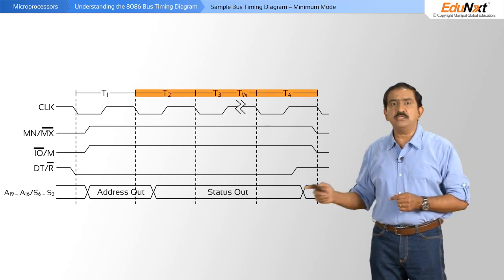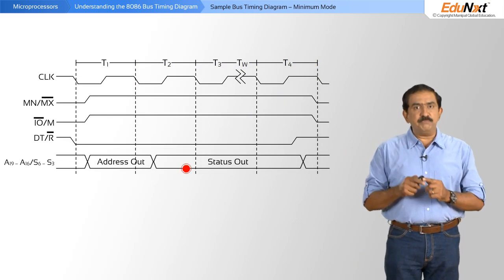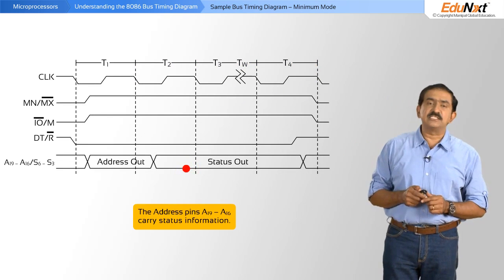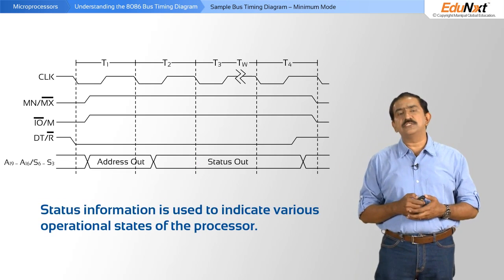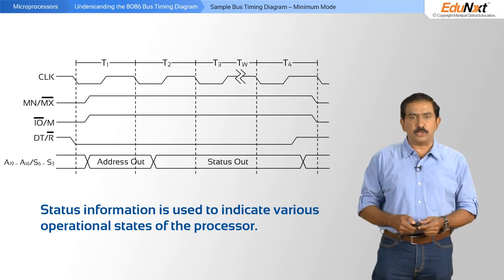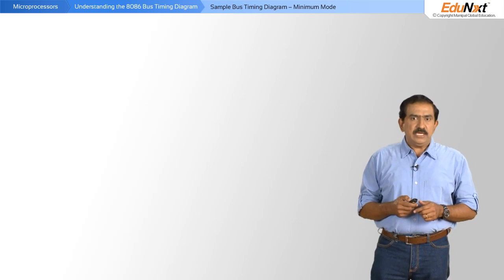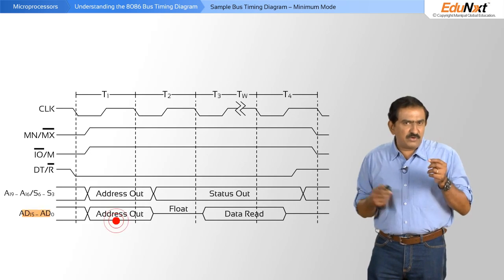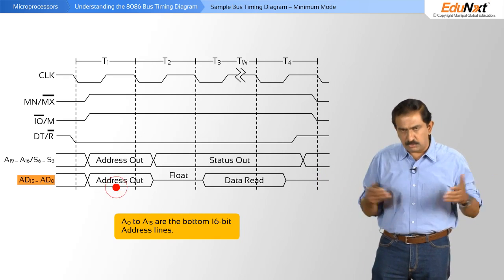Subsequently, for the remaining 3 clock signals, including wait states if any, the same pins carry the status information. And status information, you will understand later on, is used to indicate various operational states of the processor. So these are for the top 4 address lines. In addition, you have of course A0 to A15, and that's the bottom set of address lines, the bottom 16-bit